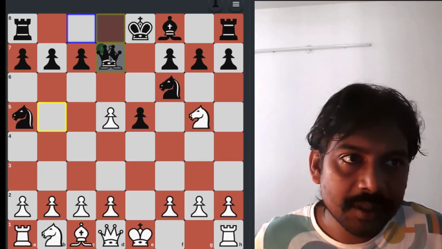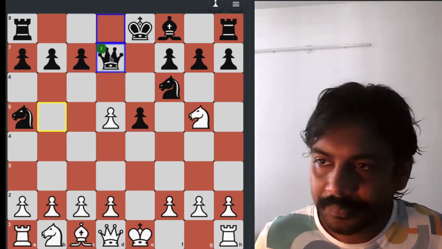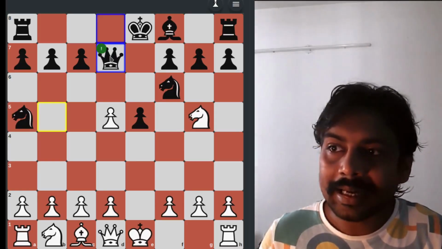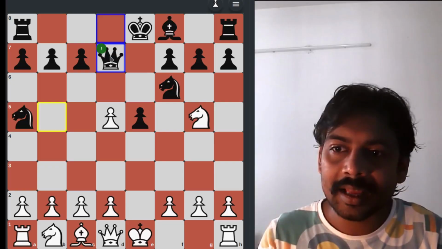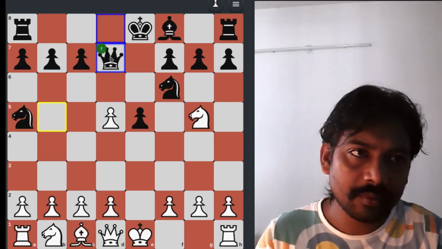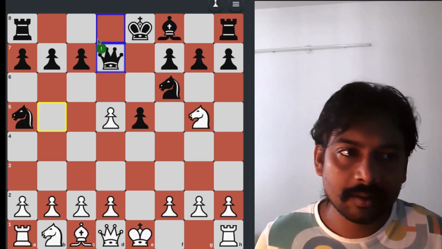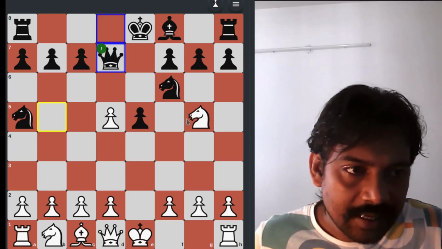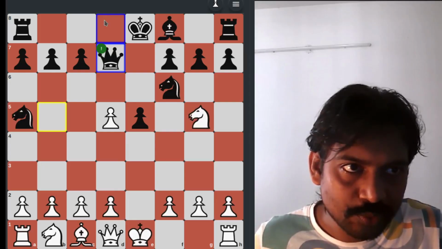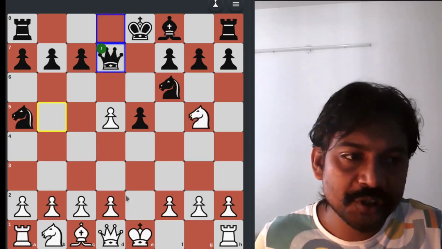My opponent captured back with his queen. In chess, we call it a trade of equal material. We gave up the bishop, and we captured the bishop, and my opponent captured my bishop. Okay, and now in this position, after the queen captures the bishop, I